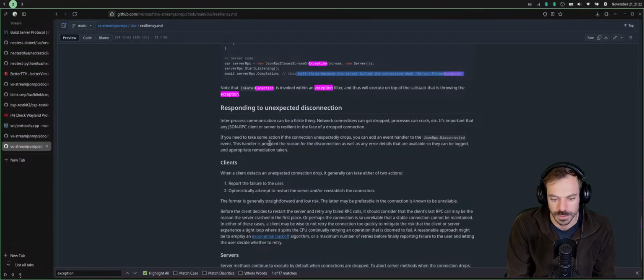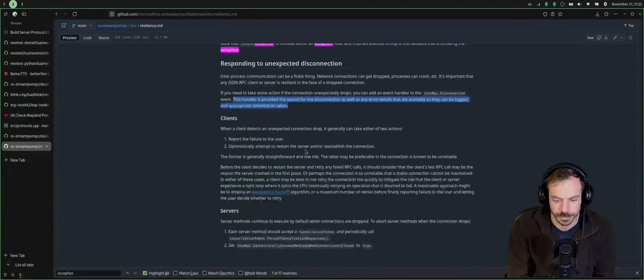If you need to take some action if the connection unexpectedly drops, you can add an event handler to the JSON-RPC Disconnected event. This handler is provided the reason for disconnecting as well as any error details that are available, so they can be logged and appropriate